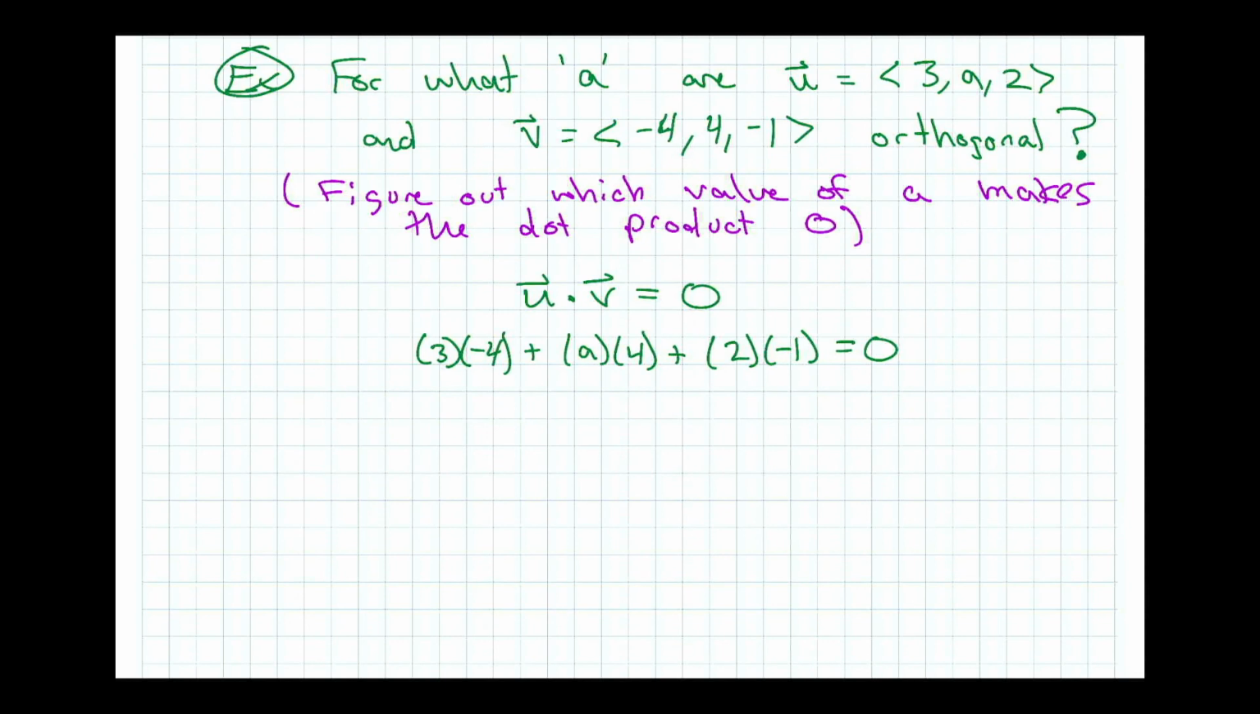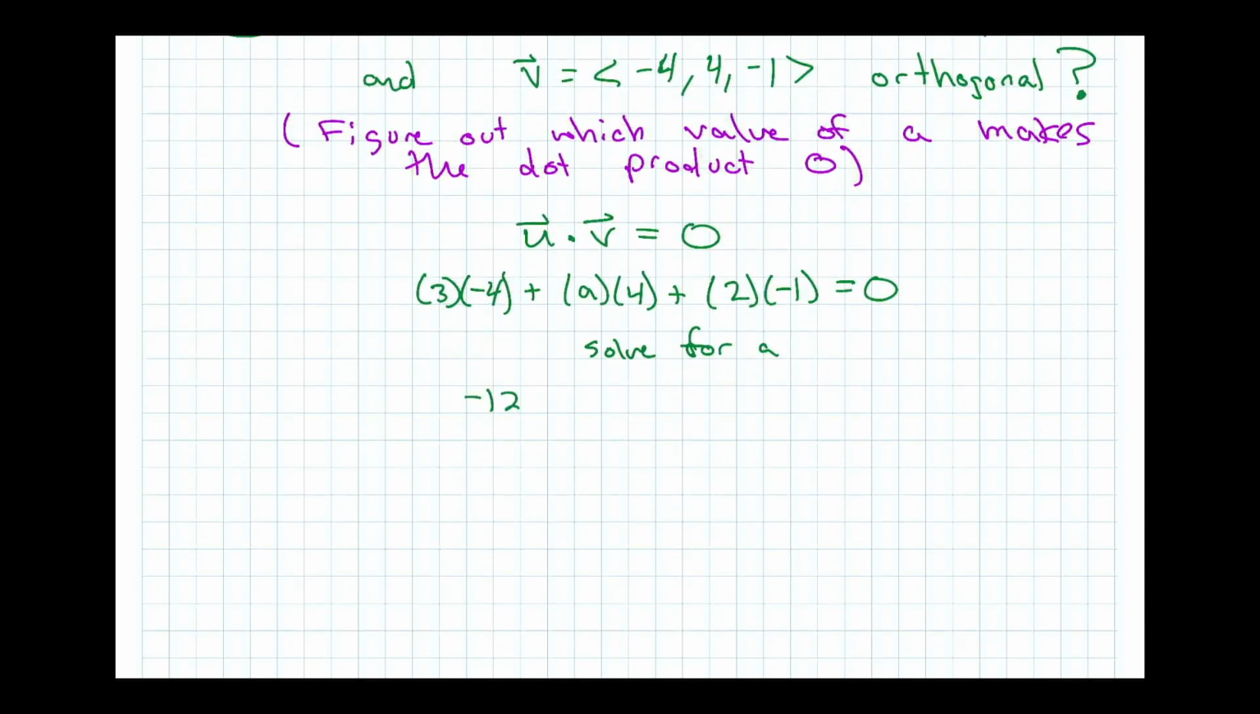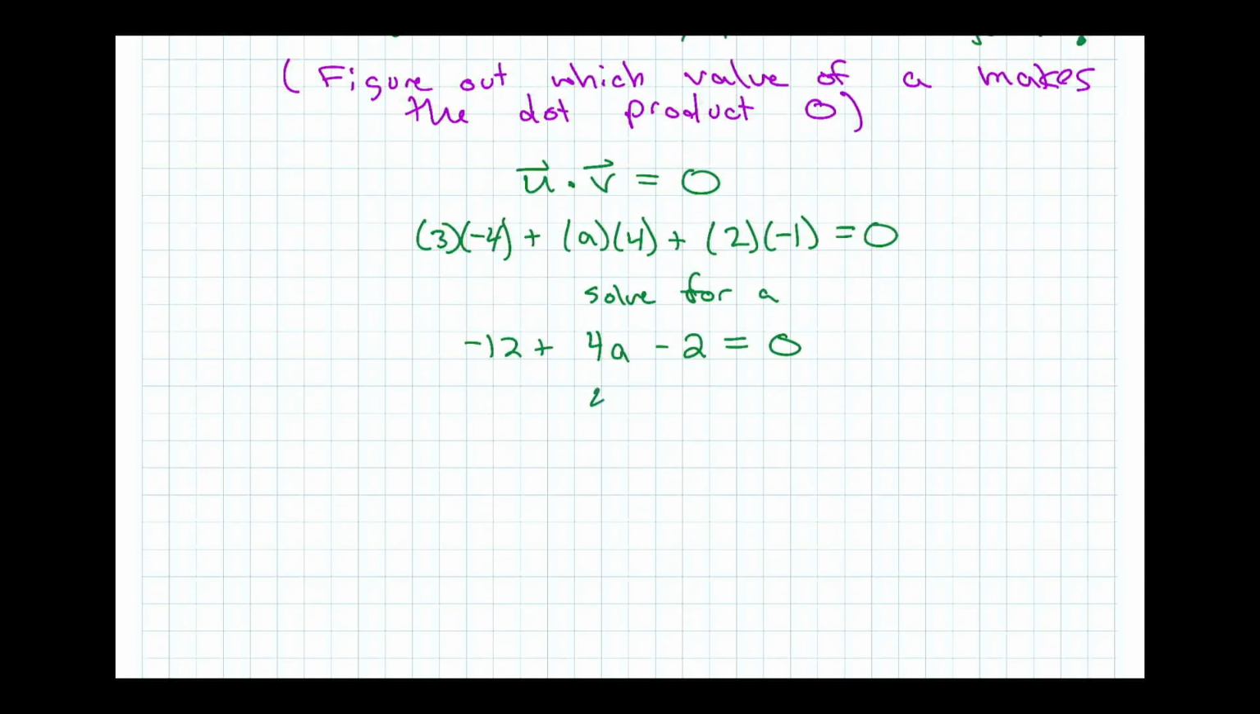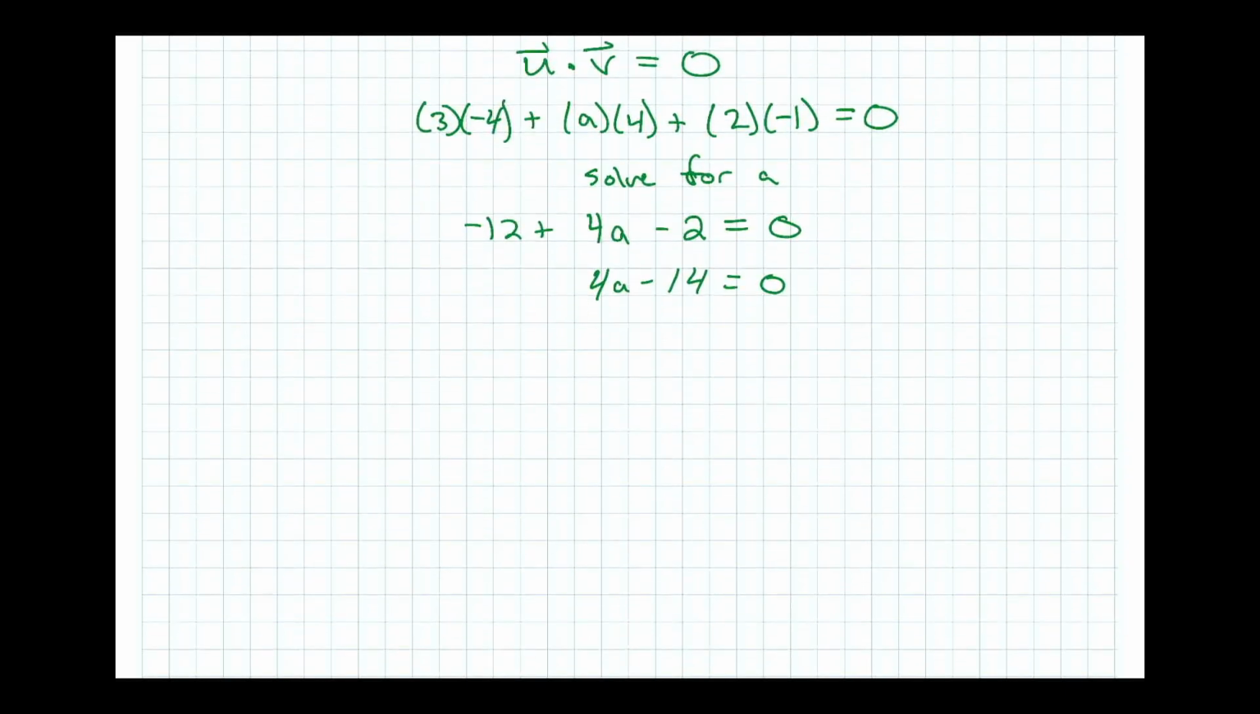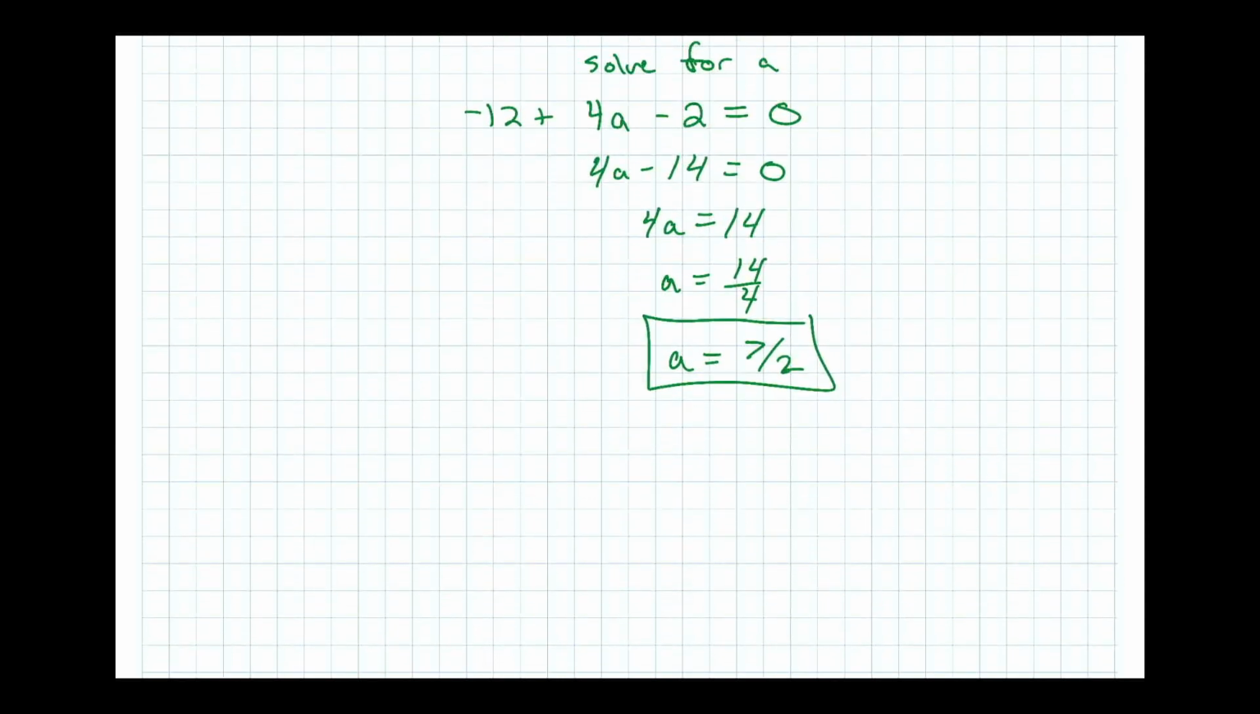And then you just solve for A, right? That's all you have to do now, just with algebra. So you have -12 plus 4A minus 2 equals 0. So that looks like 4A minus 14 equals 0. So that looks like 4A equals 14. So that looks like A is 14 over 4, which is 7 over 2. That's the value. So A equals 7 over 2 will make